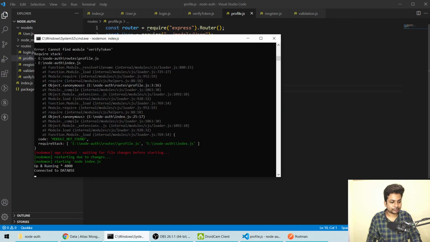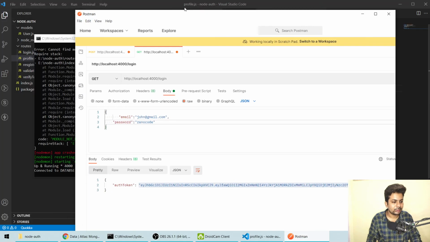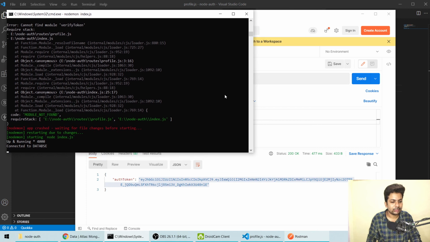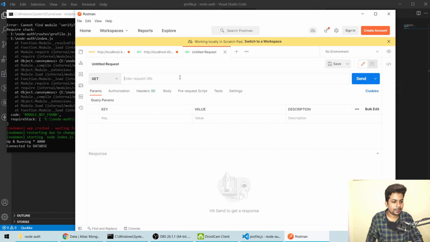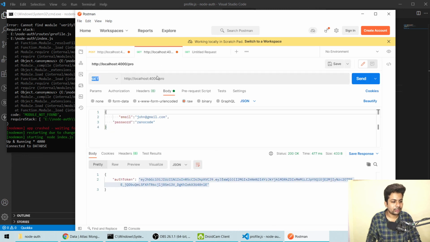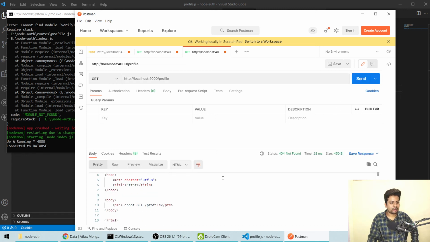So now let me make a get request to verify token. Get. Let me make it smaller and see what it prints out. I want to go to the profile page. Yeah, let me make it go here, and let me just copy it. Let me change back to login. Okay, yeah, and hit it here, and I want to go to the profile page. Let me see what I get. Error, cannot get profile.